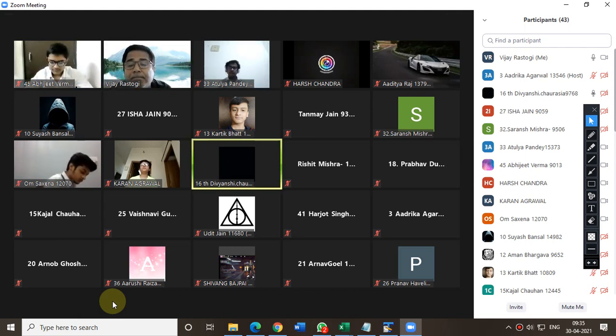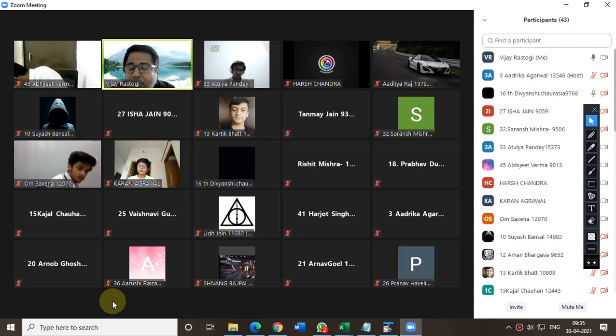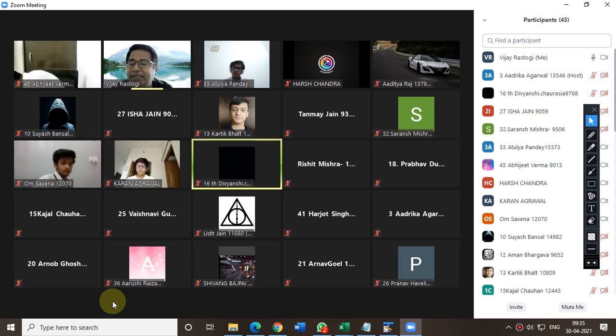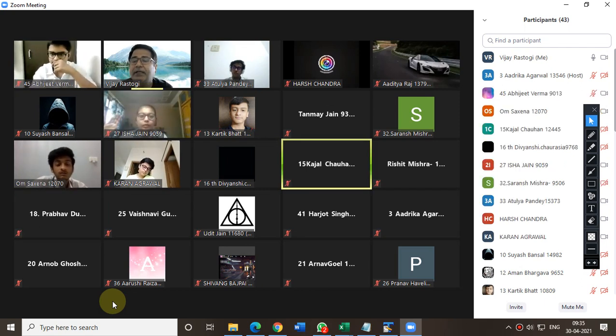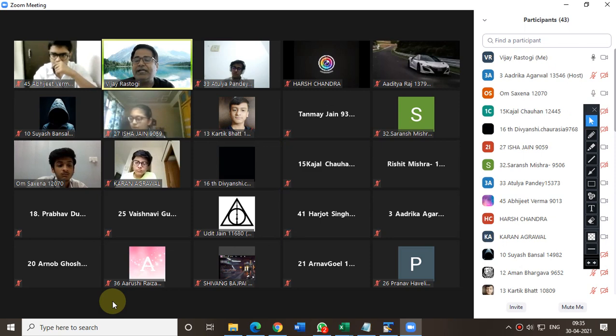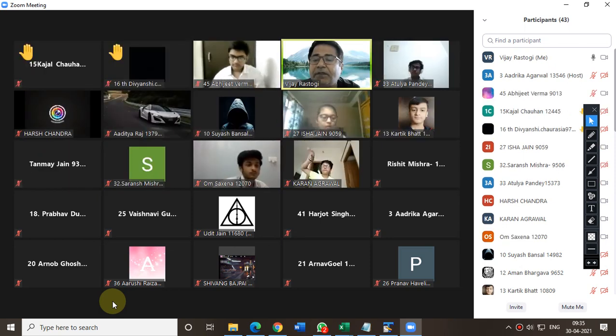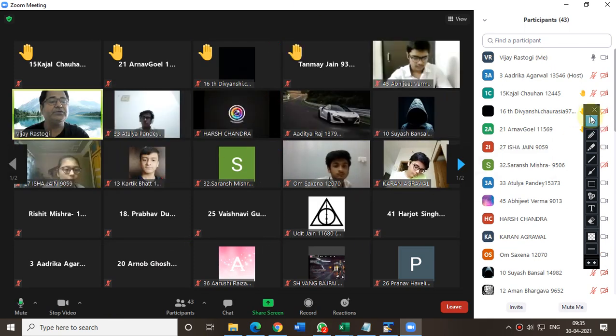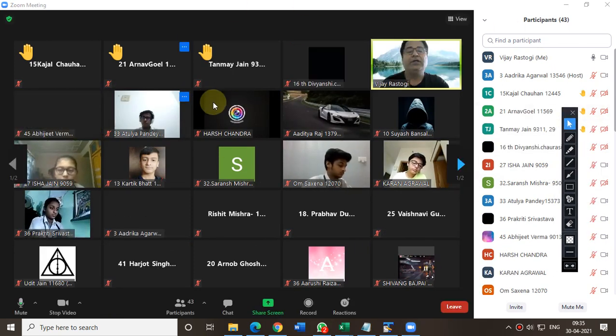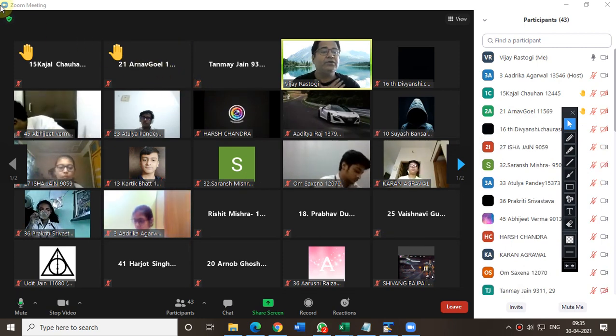Sir, we have to enter the salary of an employee and find his net salary, where net salary equals salary plus DA plus HRA. So how many are having problems in that question, beta? Please raise your hand, everybody, those who are having doubt in the salary-based question I gave last time. Okay, Kajal Chauhan, very good. Isha Jain, Divyanshi. There are so many. Tanmay Jain, Arnav Goyal also.